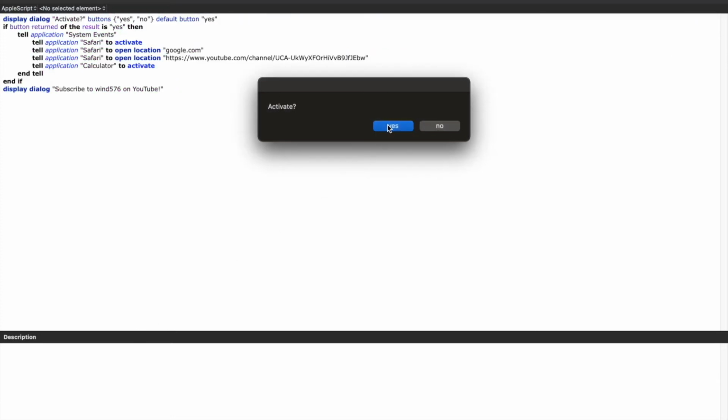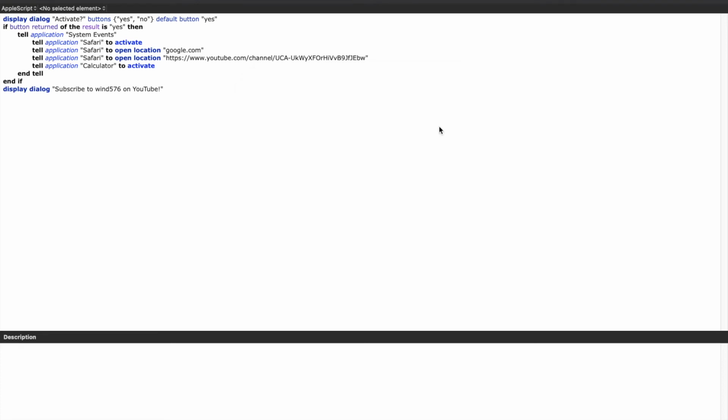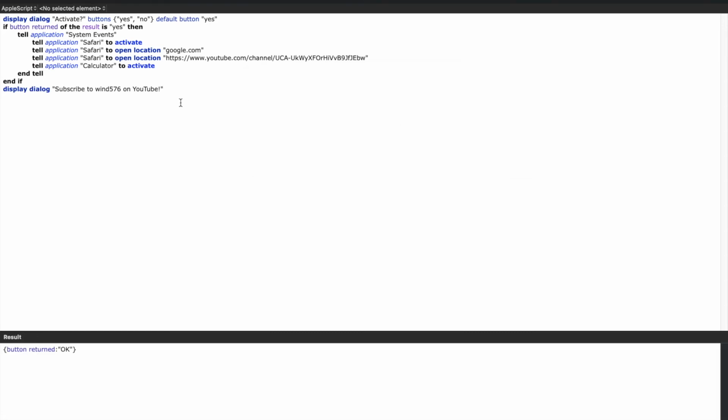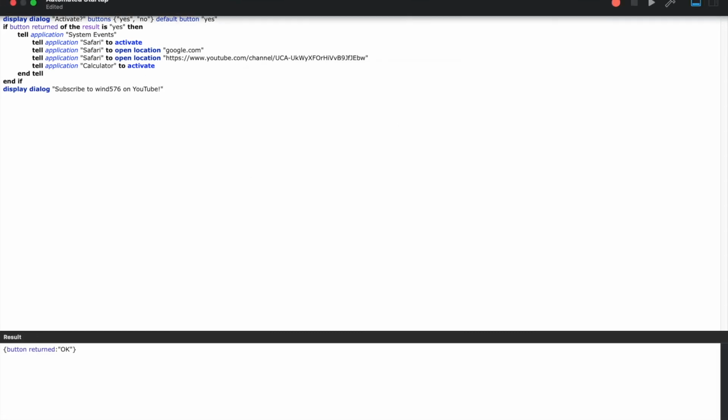If we click yes, then it will open Safari, it will go to Google, and it will go to my YouTube channel. Then it also tells the calculator to turn on. Okay, but let's not click that for now. I'm going to show you how. Okay, it's going to say subscribe to Win 576, and now I will show you how we can export this